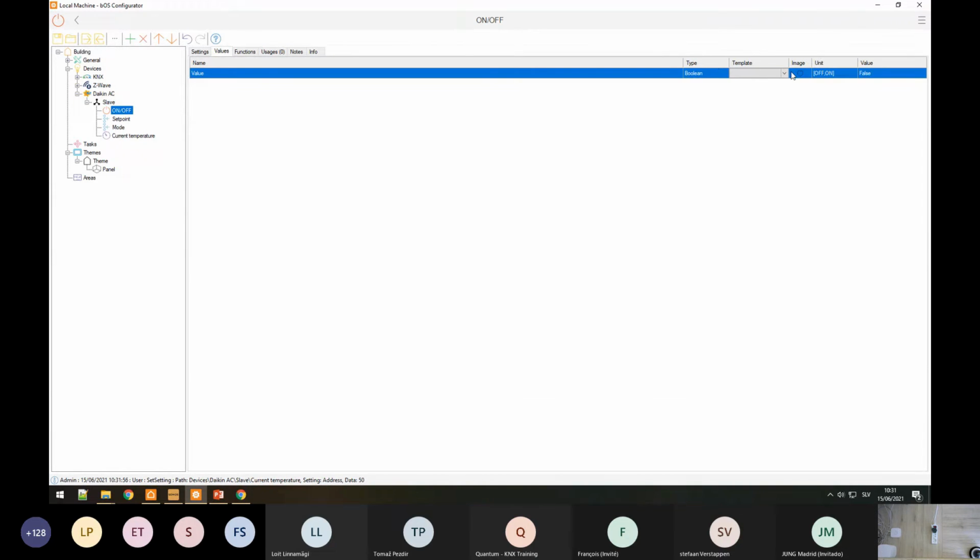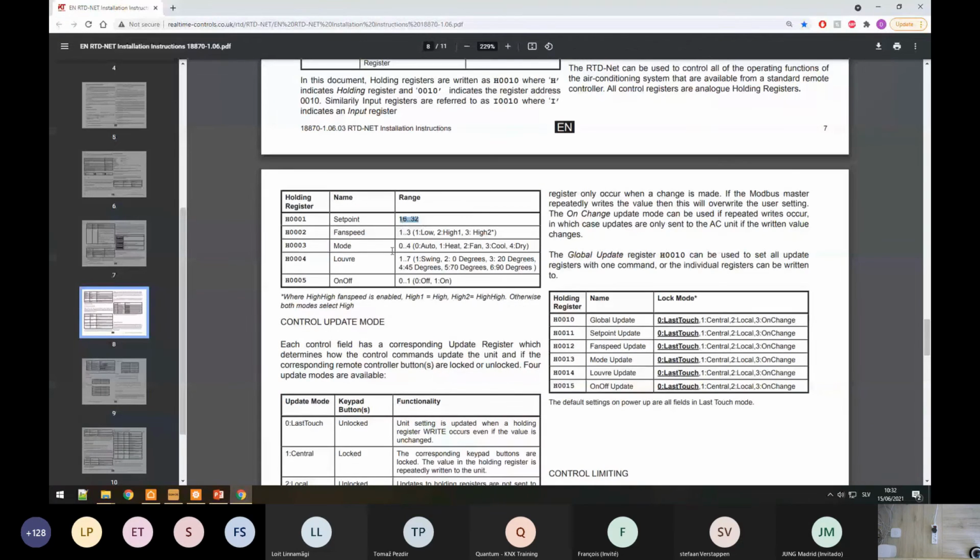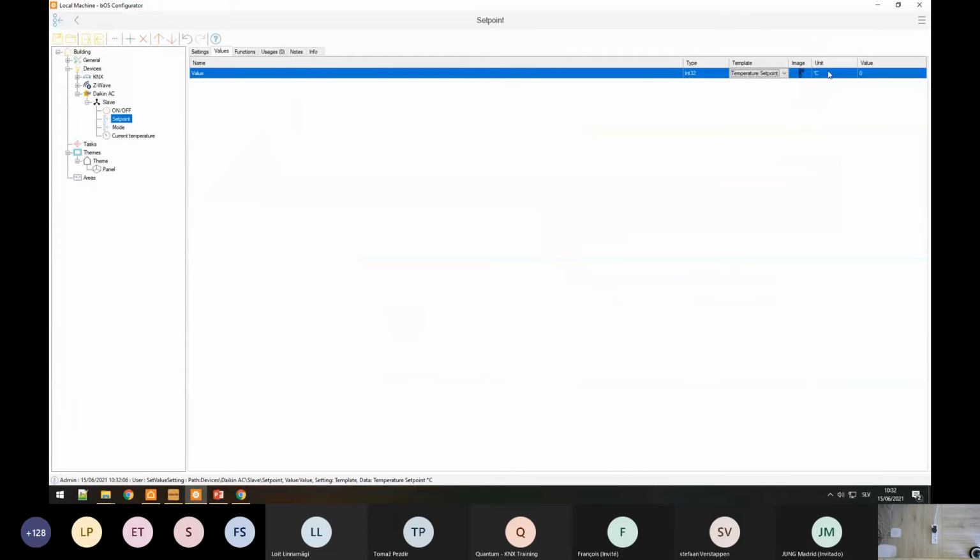And of course, now I can change, let's say, set a template. This could be a power set point, could be maybe the temperature set point. So for temperature set point, I can actually change now the minimum and maximum value here as well. It says the range is from 16 to 32. So change the unit, minimum value 16, 32 degrees. You can actually add the modes in as well if needed, but we're not going to waste too much time